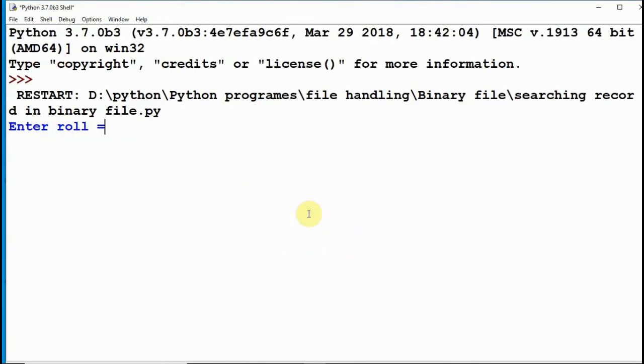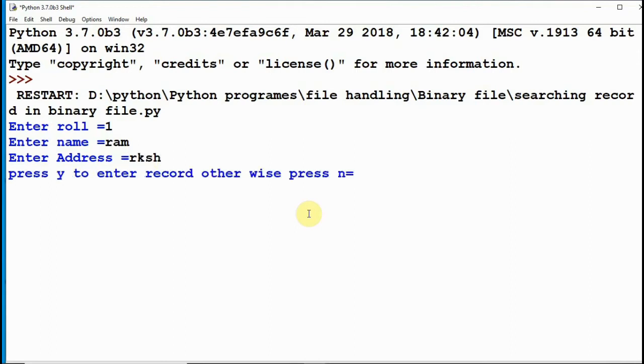Enter roll number. Now it is asking whether you want to enter a record or not.